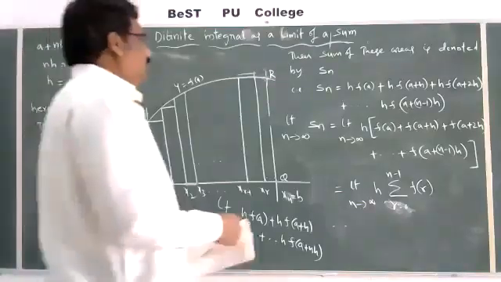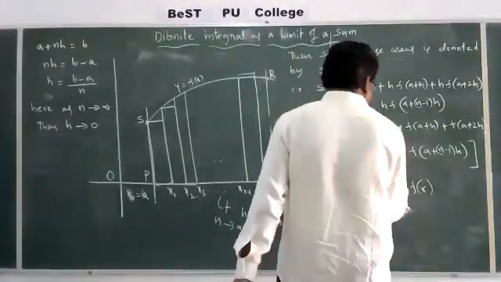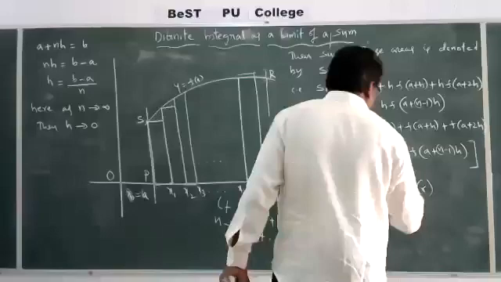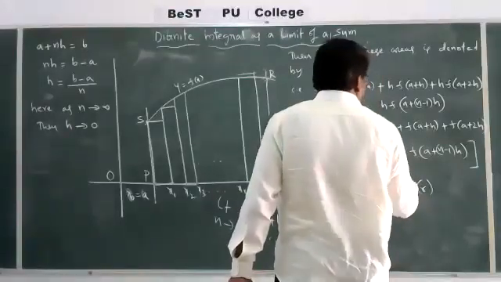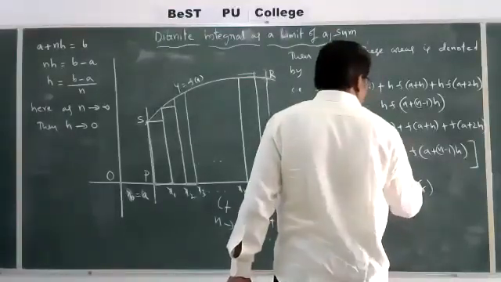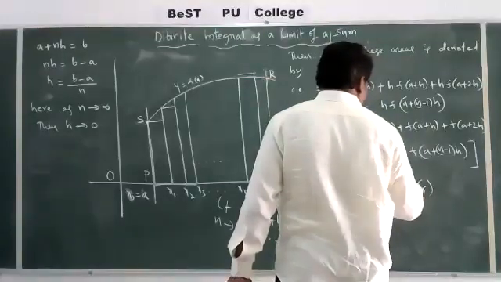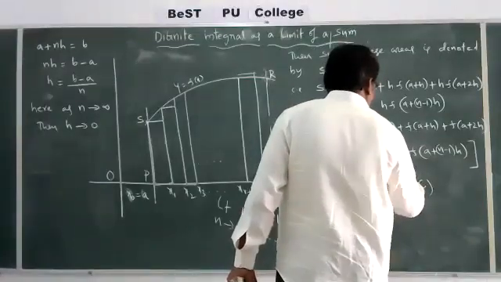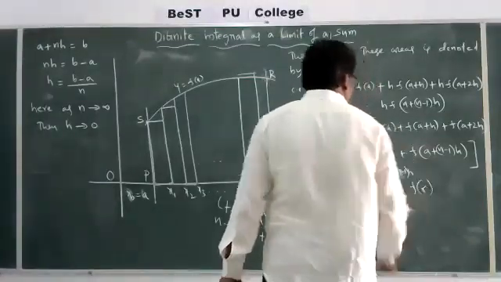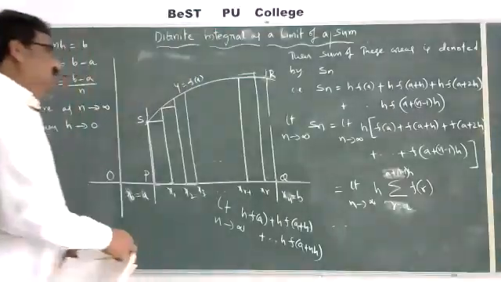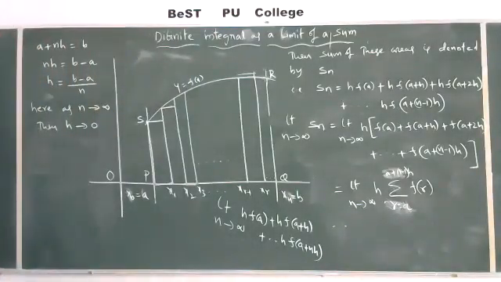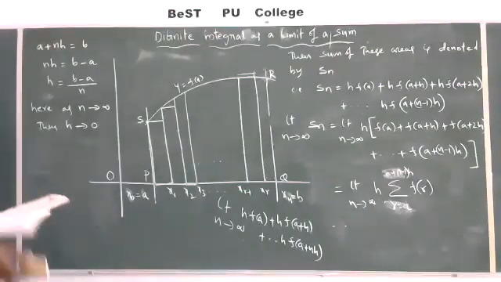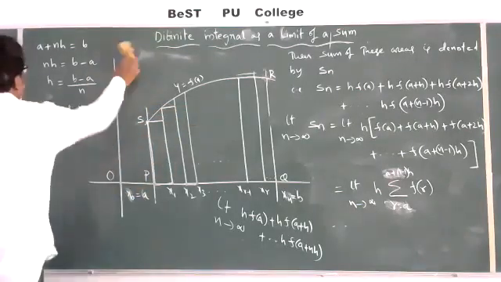If r is equal to a, the terms run from a to a plus n minus 1 into h. Then this is equal to